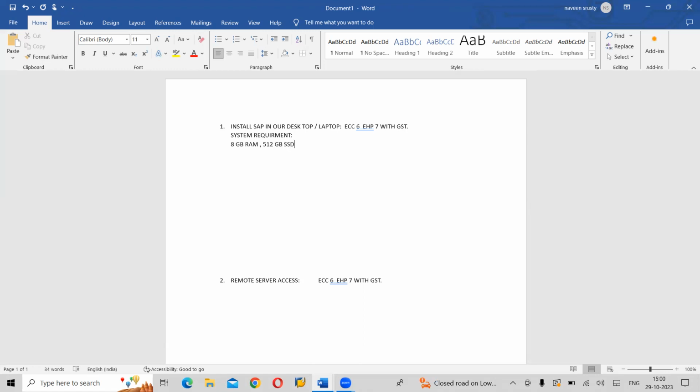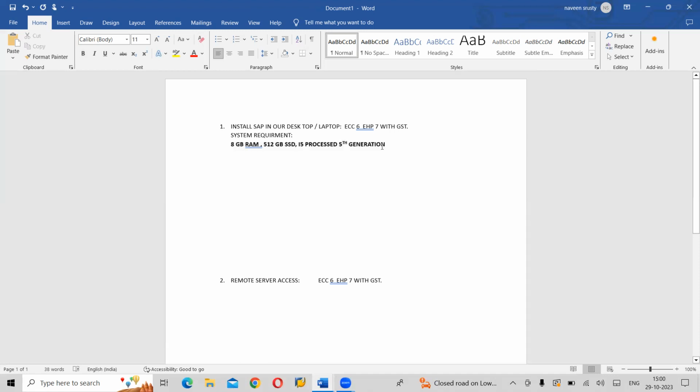Now we don't have a hard disk drive, we have an SSD. And minimum i5 processor, any generation from 5th generation onwards. So this is your system requirement to install the server in your system.